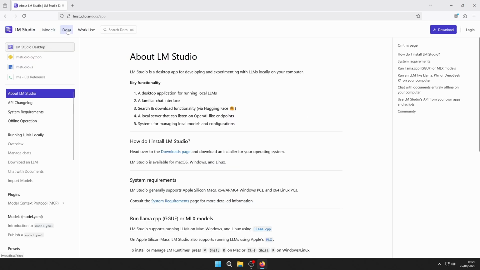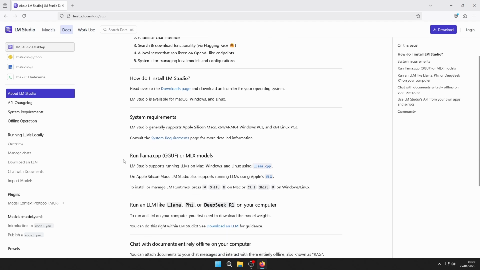And Docs brings you to the documentation, where it is worth pointing out the About LM Studio section and the key functionality, including something called Hugging Face. I'm not quite sure what that is. A dedicated system requirements section if you need more information,